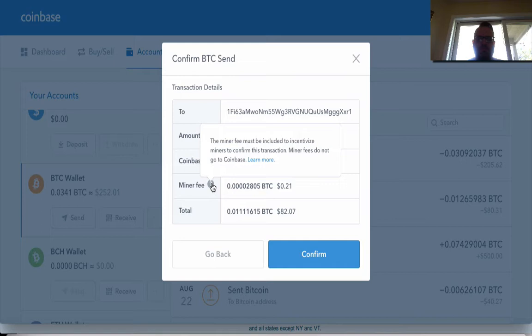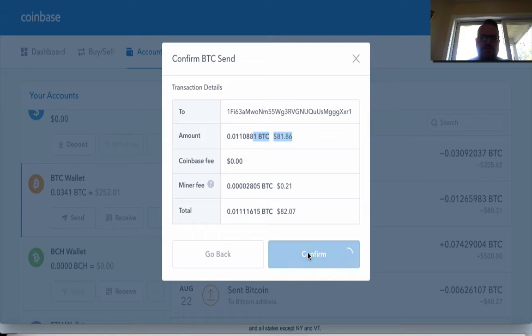This is for the blockchain. This is not a Coinbase charge. This is not a charge that's done by AWS mining. This is the way I understand it. This is a blockchain charge. And then this is the total that is going to be charged. Does that make sense? So click confirm,